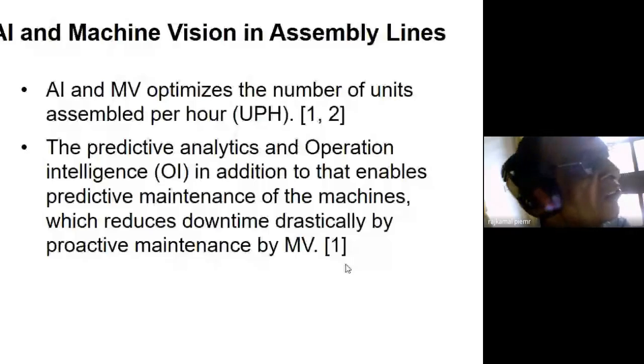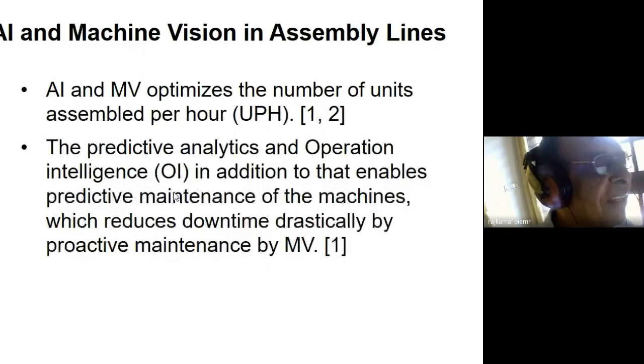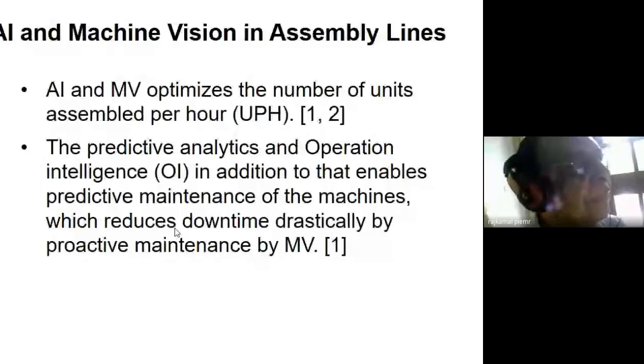We will also be discussing the use of predictive analytics and operational intelligence. In addition to that, machine vision enables predictive maintenance of the machines, which reduces the downtime drastically. In reference one, there is software discussed, which I told you about, the Siemens Mindsphere. So AI and machine vision in assembly lines optimize the number of units produced per hour,